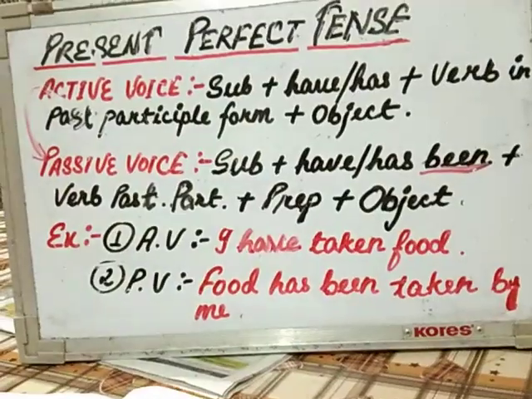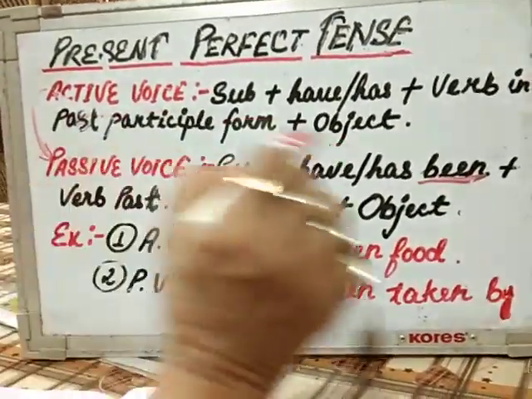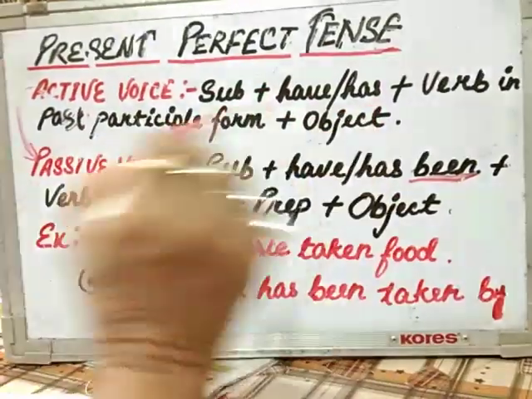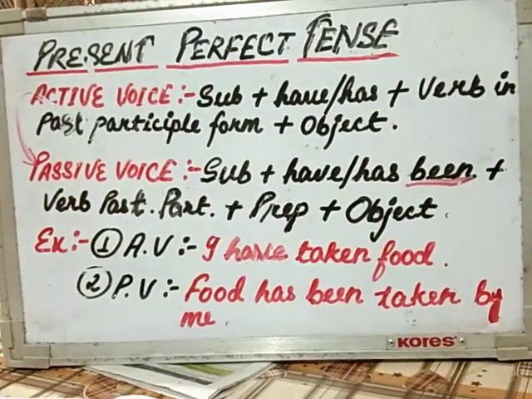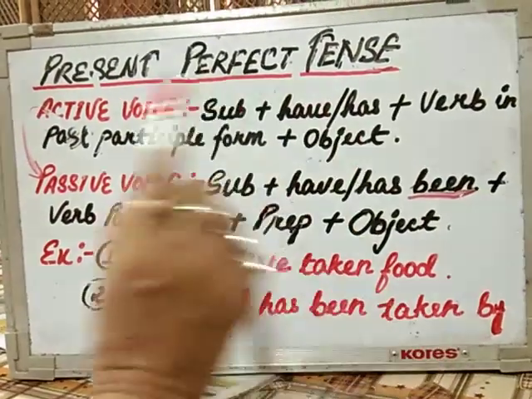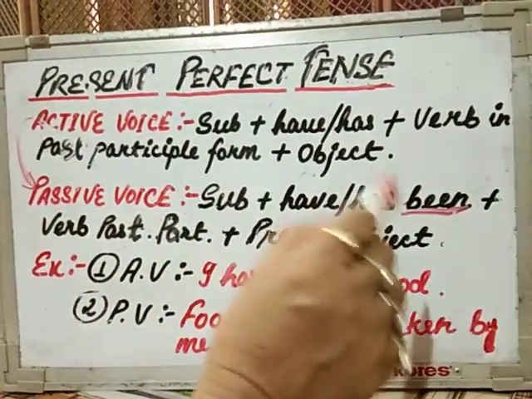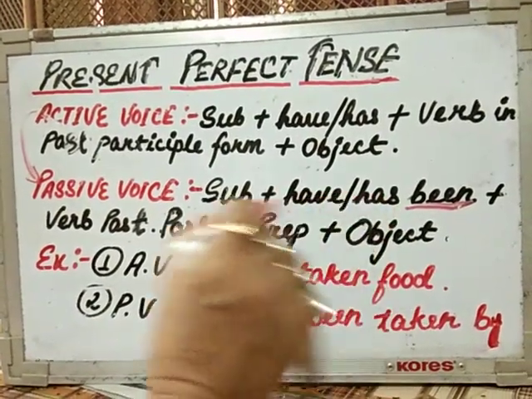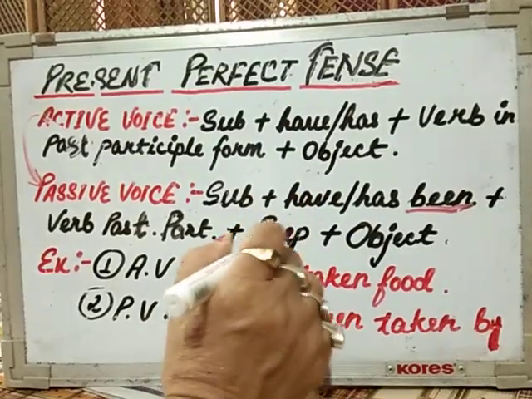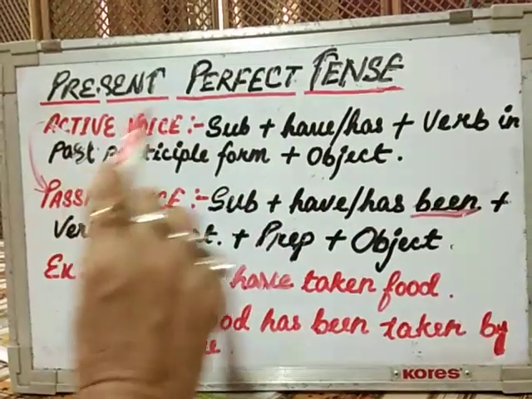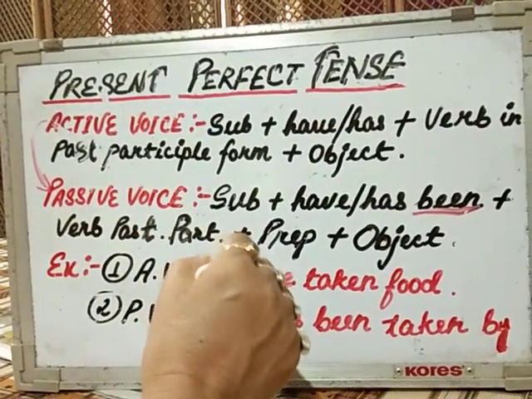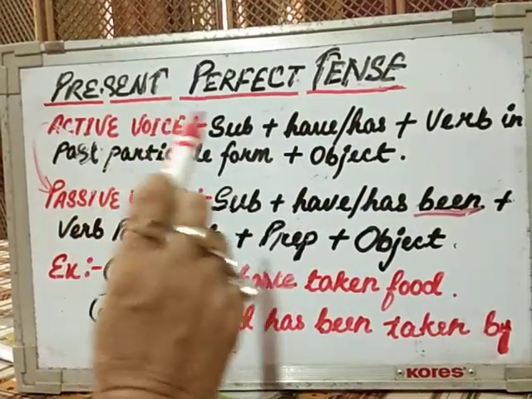I have given that chart also before. I becomes me, subject I becomes me in object. In that manner, we becomes us. So I think you remember that thing. This is a very easy form. If you try to learn the rules, you will find it very easy. Therefore I ask all the students, always try to remember the rules, how we are changing the voice, and what are the rules we have to remember.